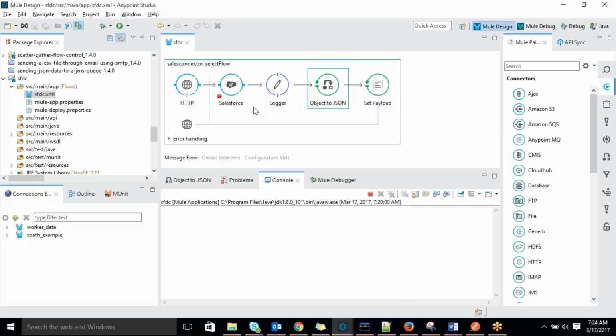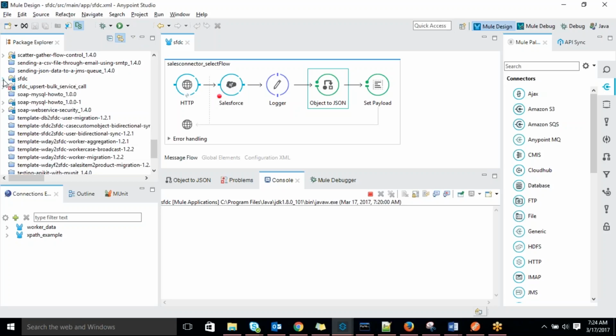So any questions on this? Mm, no. That is about the query operation. So we'll see the offset also. Coming to offset,